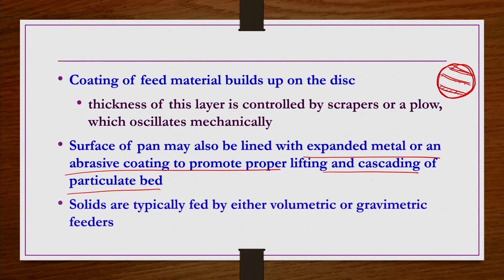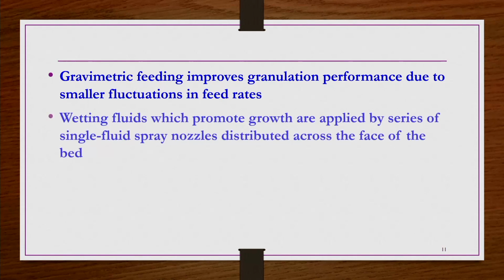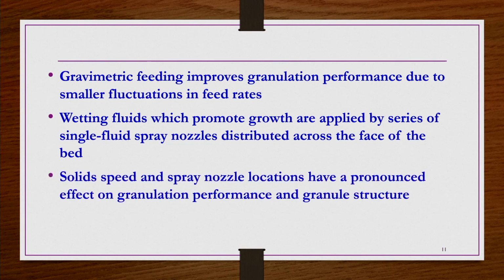Okay. Solids are typically fed by either volumetric or gravimetric feeders. So, both ways are possible. However, the gravimetric feeding improves the granulation performance due to smaller fluctuations in feed rates. Wetting fluids which promote growth are applied by a series of single fluid spray nozzles distributed across the face of the bed. And then the speed at which solids are entering, and the location of spray nozzles,